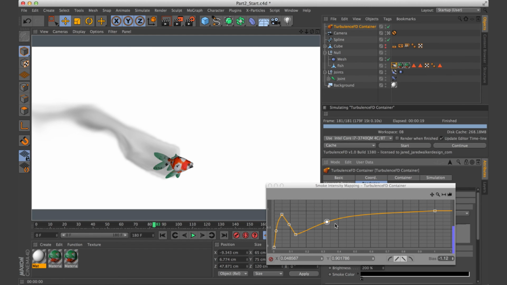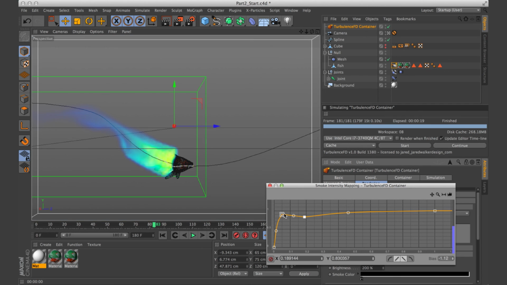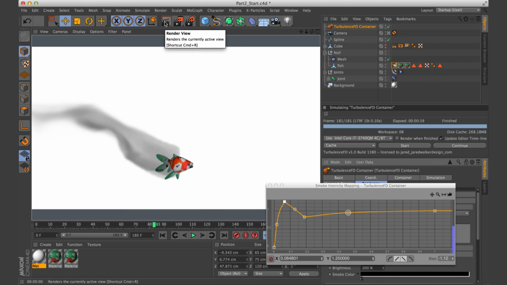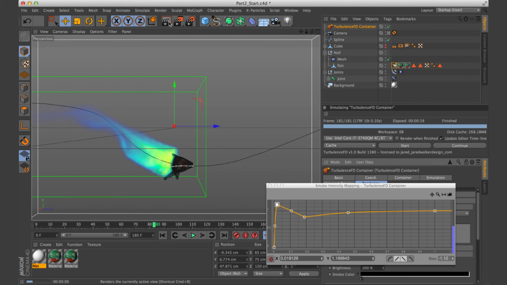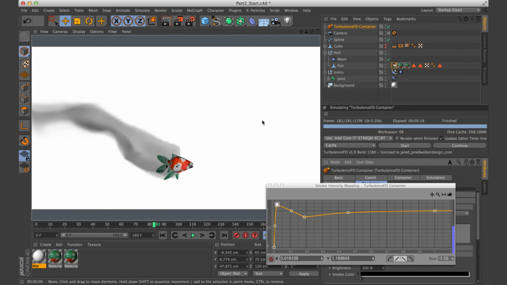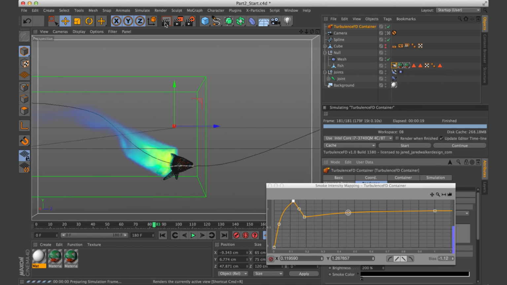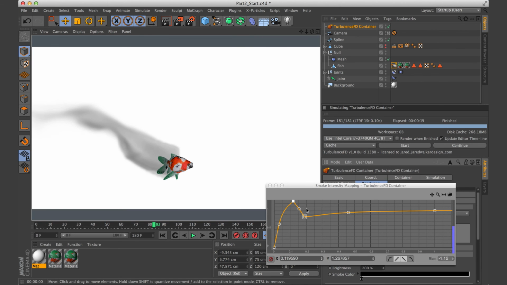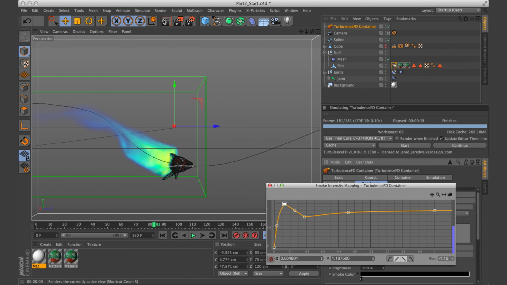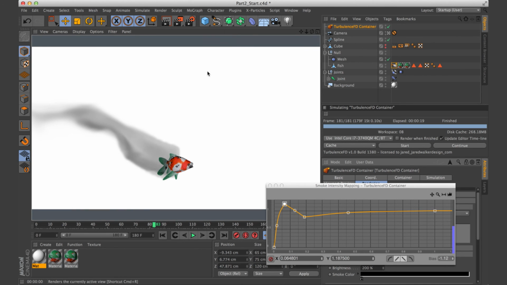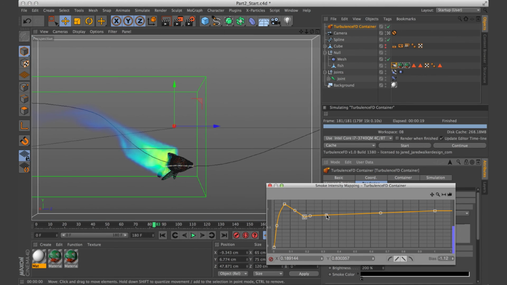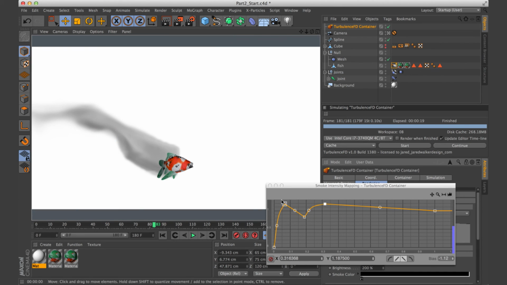And then you could just play around with this until you get a look that you want. Anyways, we'll just kind of leave it like that. Maybe we'll make it a little bit darker. Okay, we'll just leave it like that for now.